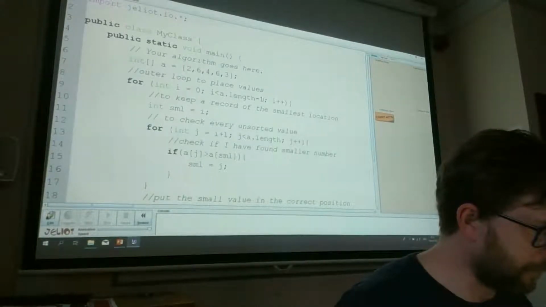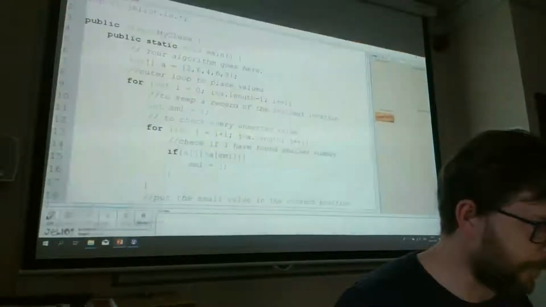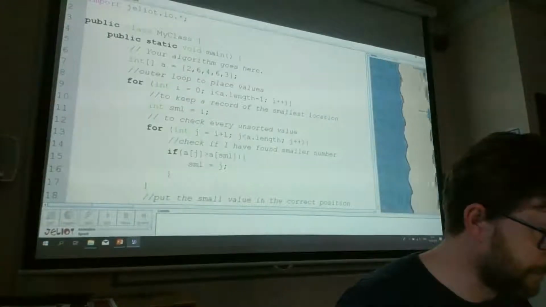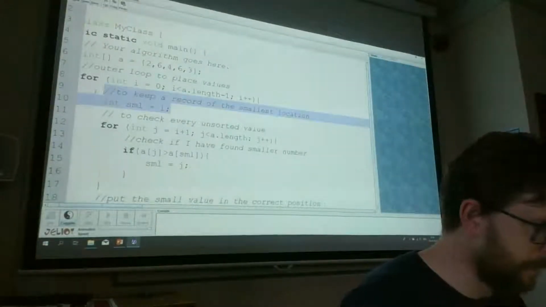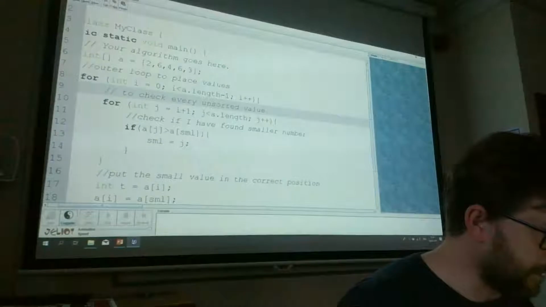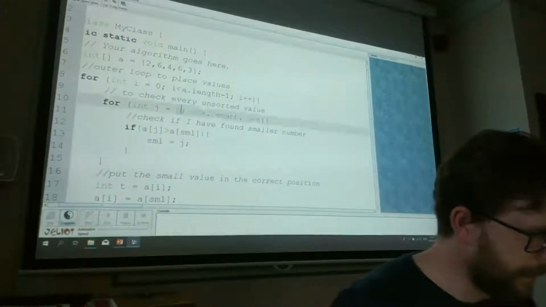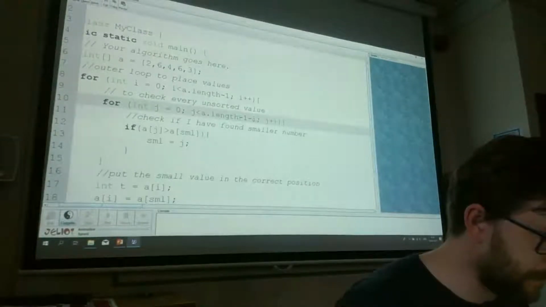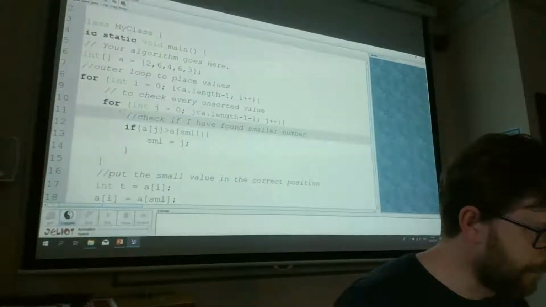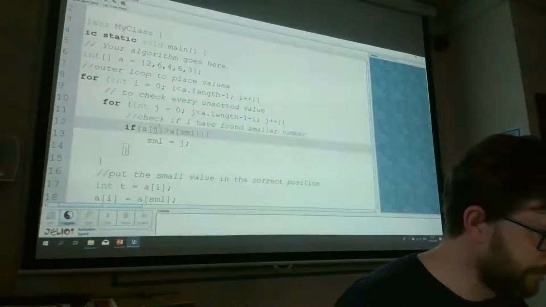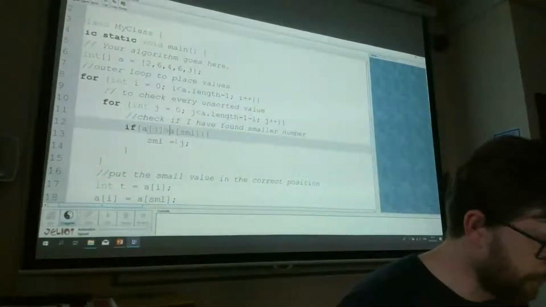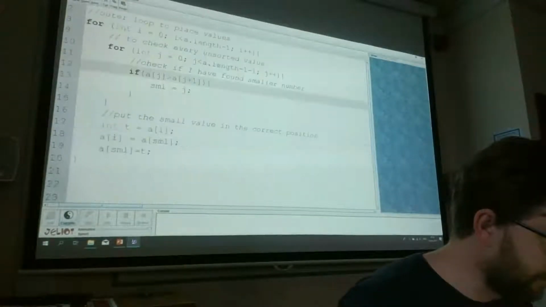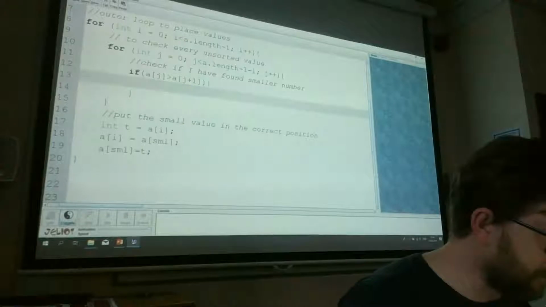Okay, so this one here is going to go from that there, that's fine. This one here, J, is going to go from 0. J is going to go from 0 to the length of the array, -1 minus I, J plus plus. And then what we're going to say here is if J is larger than J plus 1, then we're actually going to take